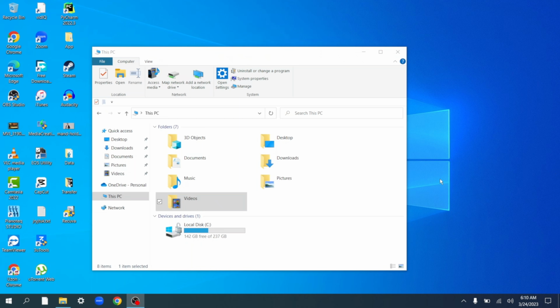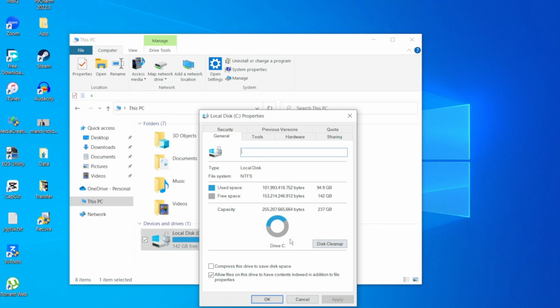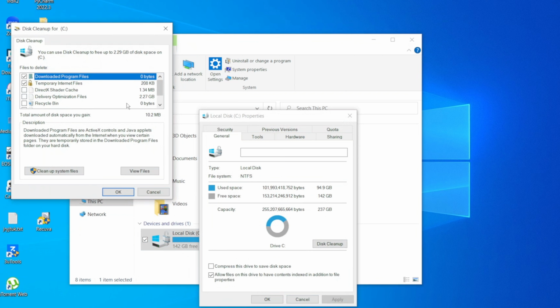All right, the next thing we'll have to do is to clean our disk, which is the disk cleanup. This is very easy. All you need to do is go over to your drive C here, right click it, click on properties, go over to disk cleanup. It's going to load up and show you how many megabytes of files you can clean up here. It doesn't end here. Go ahead and click on clean up system files.